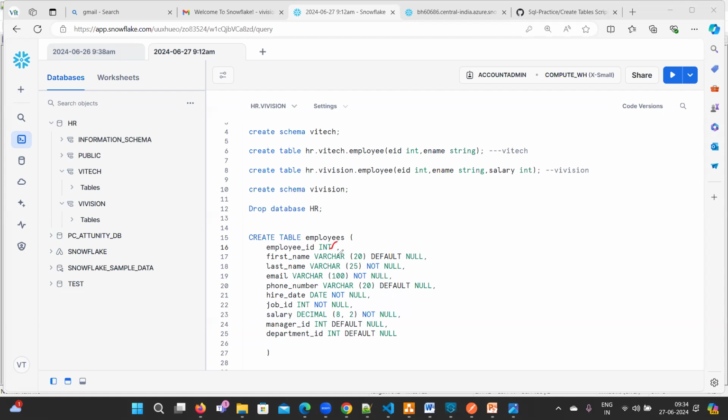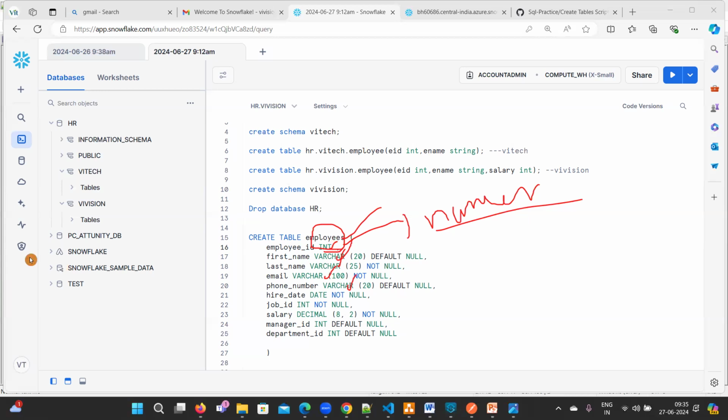Now, this is the data type. What kind of data are you going to store? Whether it is an integer or varchar. What is the difference between integer and varchar? Integer will store only numbers. Anyway, next class we are going to talk about data types, what data types are available and how they are supported. As of now, just remember